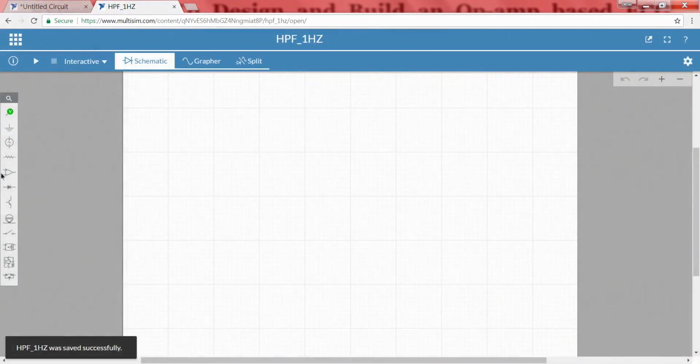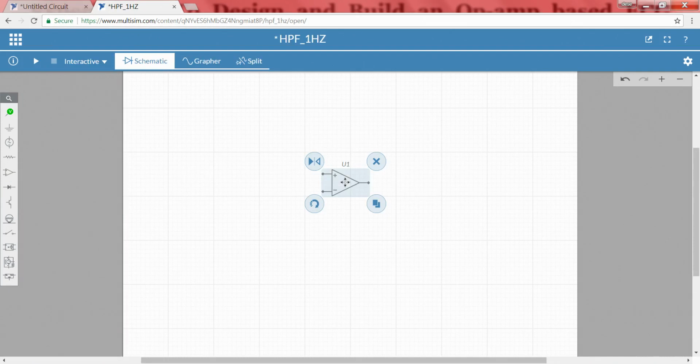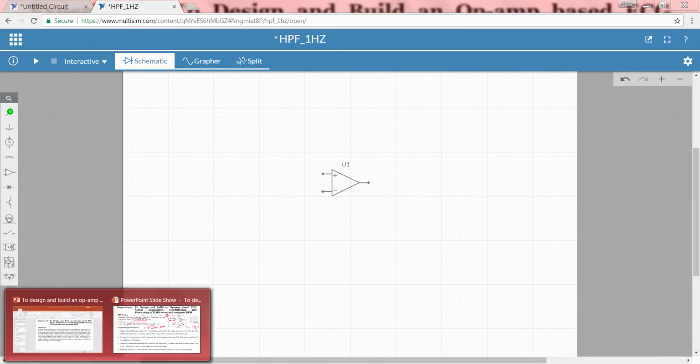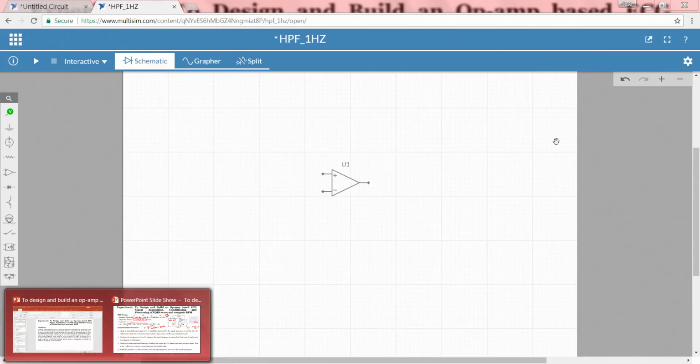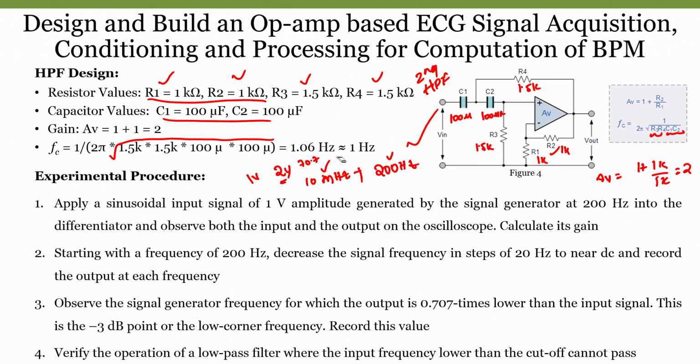So, what we need? We need to use an operational amplifier. I am taking an operational amplifier, and we are using 2 capacitors and 2 resistances. And what resistance value have we considered? When you see R1 and R2, we defined them here as the feedback and the normal resistance, right. This is R1 and this is R2.